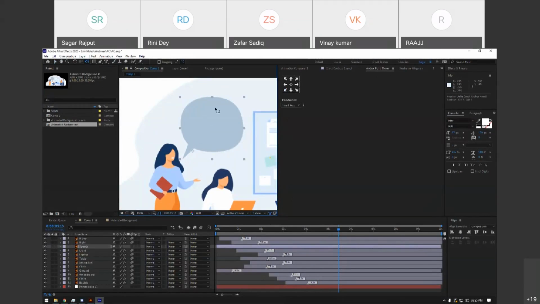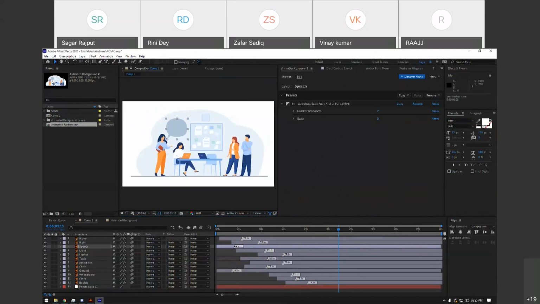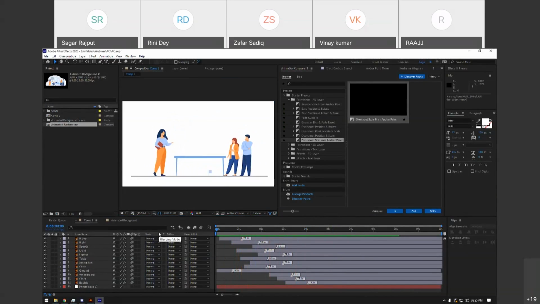You can change the anchor point wherever you would like. So I would like to put it here and again apply the same effect. And yeah,